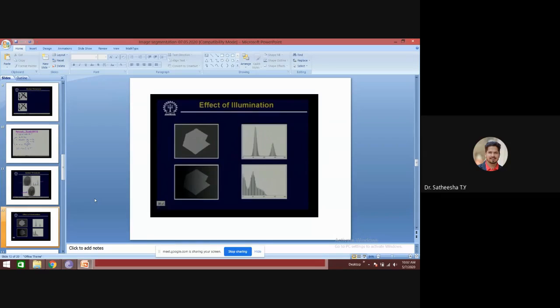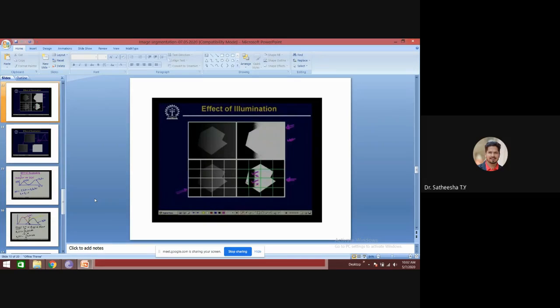So what should we do for segmenting this kind of image using a threshold operation? One approach is to subdivide the image into a number of smaller sub-images, assuming that in each of these sub-images the illumination is more or less uniform. Then for each sub-image, we can find a threshold value, and using this threshold value, you can threshold the sub-image, and the union of them will give you the final thresholded output.